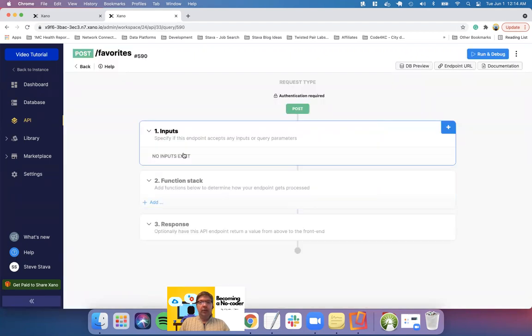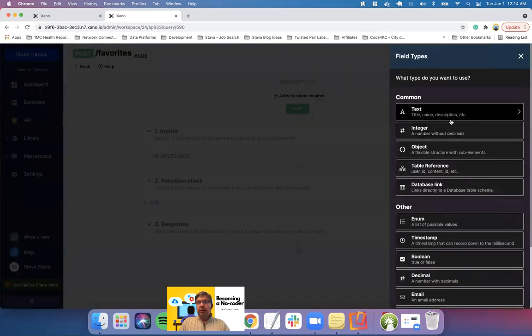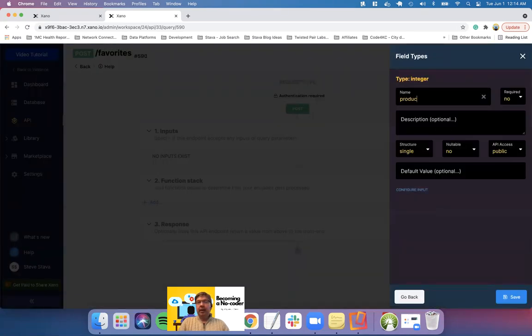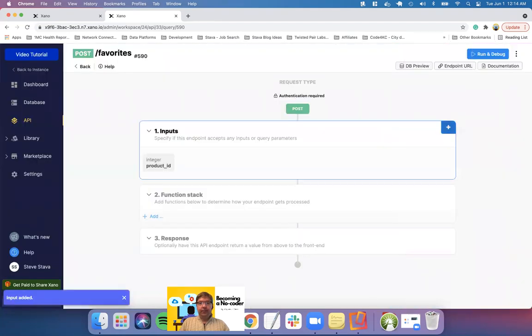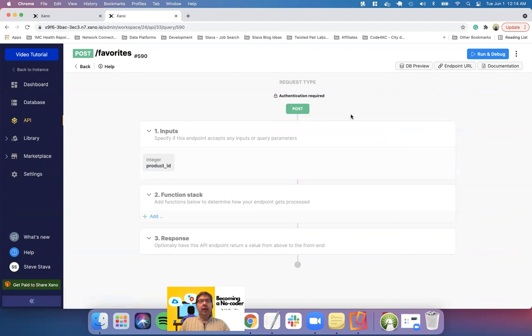Okay, so to be able to post a new favorite, we need to have a product ID. And we don't need the user ID because these are authenticated APIs, which means the user ID will be passed in with the authorization token that we use. So let's go ahead and just do the simple, since we're doing a post, which means we're adding,